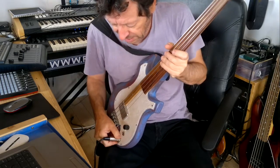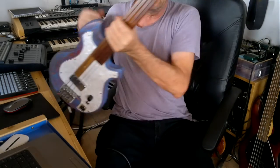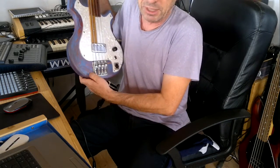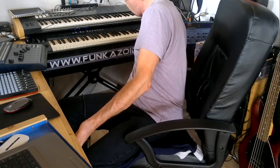So let's see. This was the first attempt, really, and I was really pleased with it. Really, really pleased. Really good surprise. I thought, well, the painting, I'll keep it this way. It's not finished, but I like it this way. I got used to it. Okay, so now,